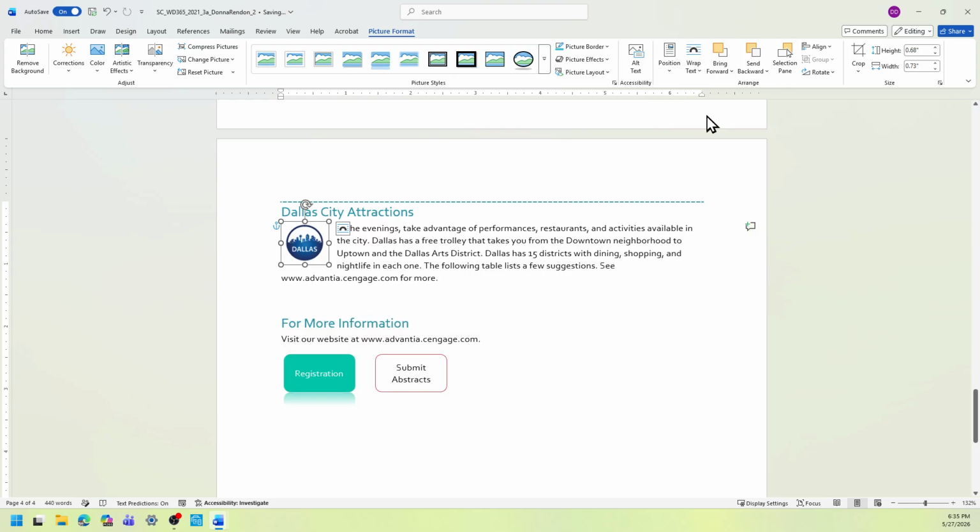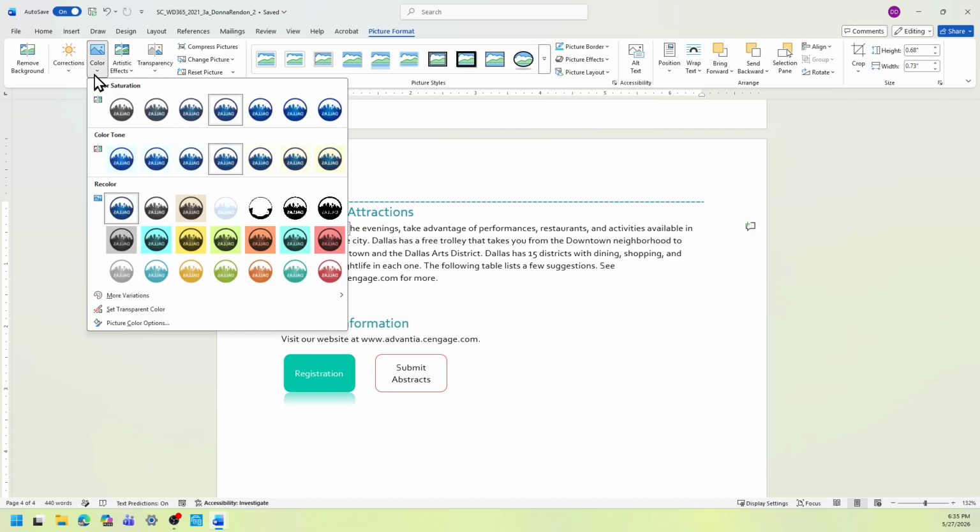And then the next one is recolor the picture. So still under the picture format, you'll see the color drop down menu. And then we need the recolor section. So you have color saturation, color tone, and recolor. We need to recolor to use turquoise accent color 1 light.